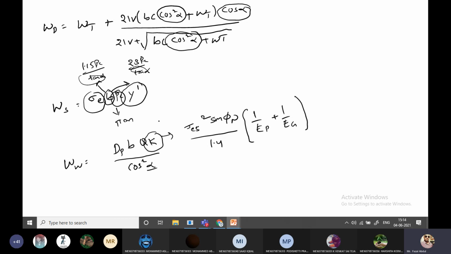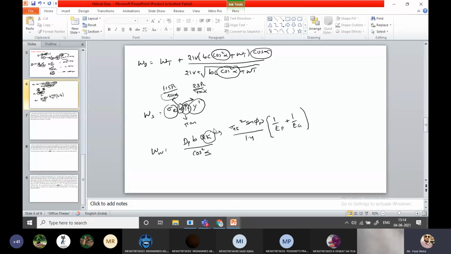Okay, so this is the design procedure for the helical gear. What is the time? 3:14. Regarding today's topic, do you have any doubts? You can ask, Babu. So with this we completed the design procedure, and tomorrow we will go into some numericals on this topic.